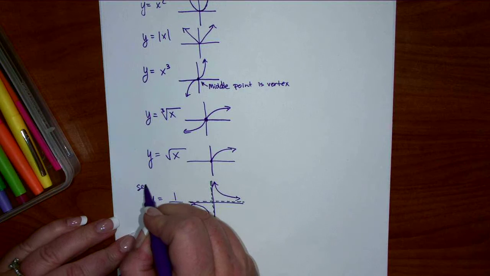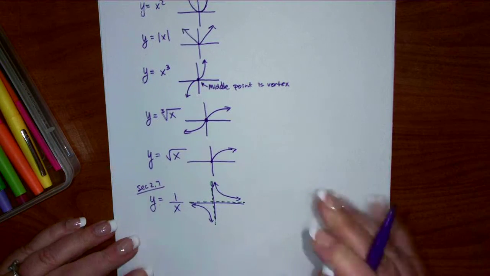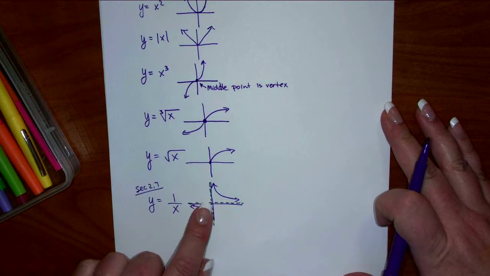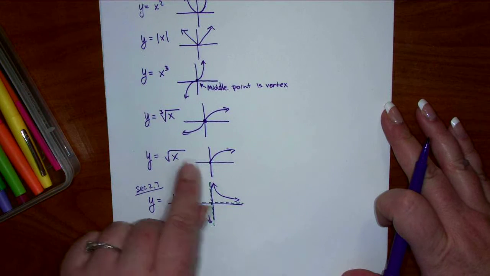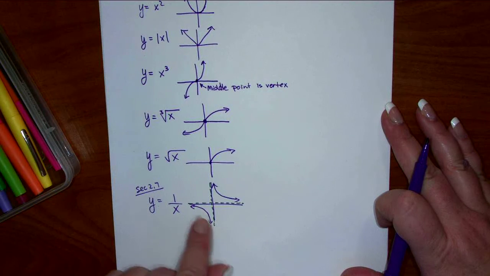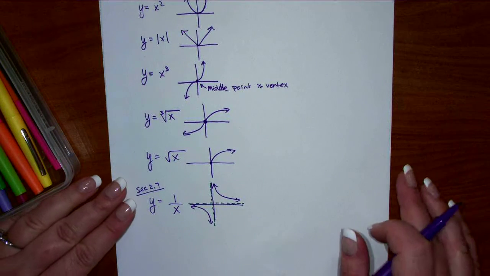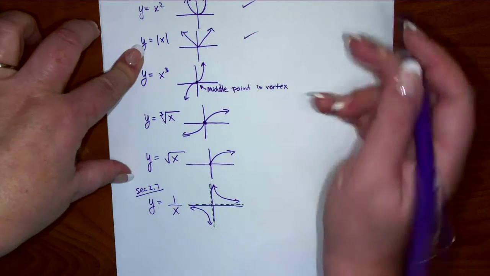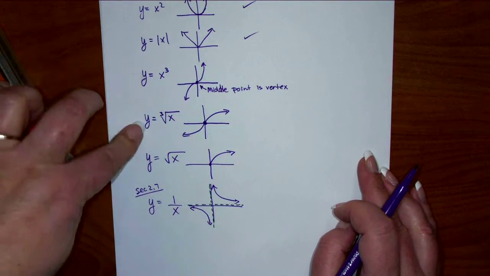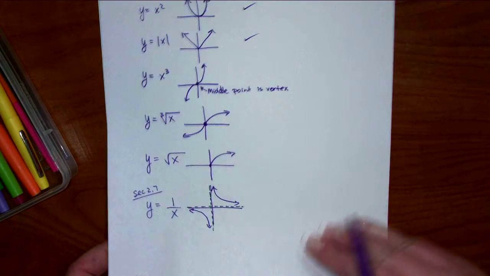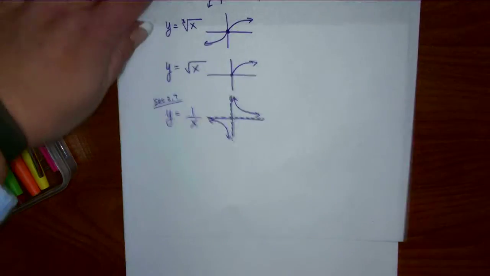So it just has a section to itself, just because we don't really find the vertex and then the intercepts. Instead, we find the vertical and horizontal asymptotes and then the intercepts. So we do it a little bit different. Okay, so we did already x squared and the absolute value. So today we're going to do the cube root, the cube, and the square root, those three. So let's start with a